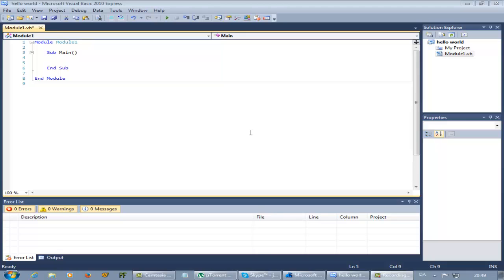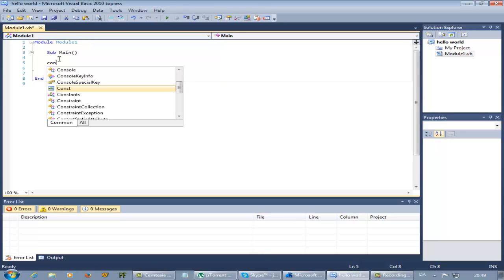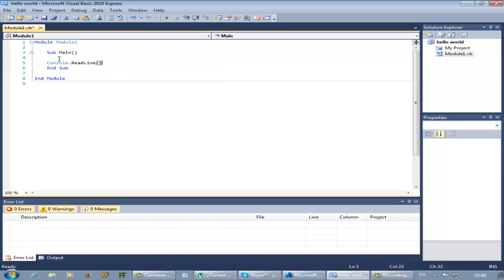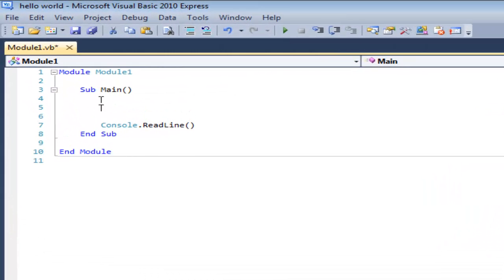And in this video we'll be covering math and a little bit of variables. So first of all, we'll put our console.readline just to make sure that it won't shut down right as we turn on the program. And then what we want to do is